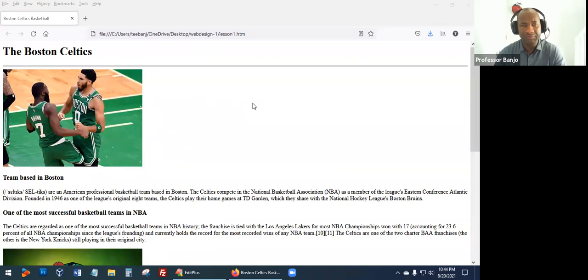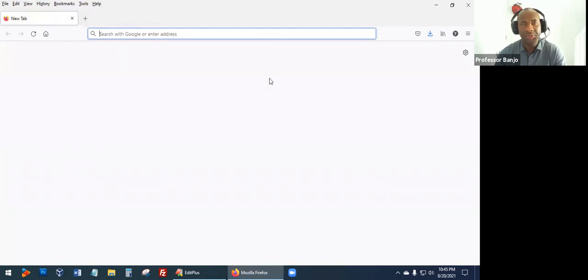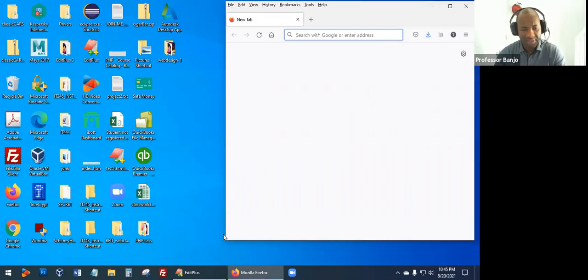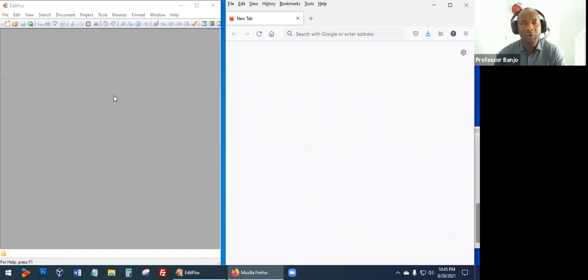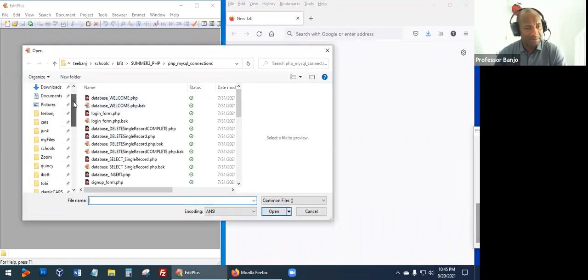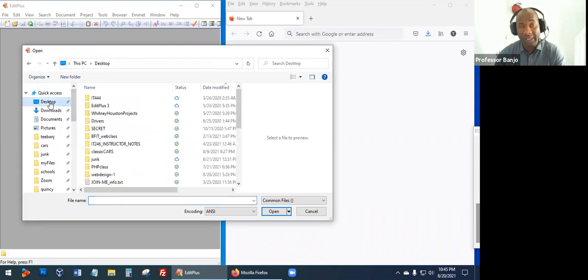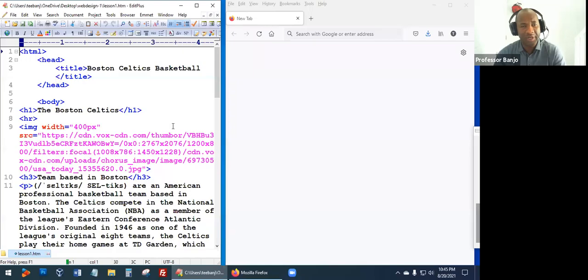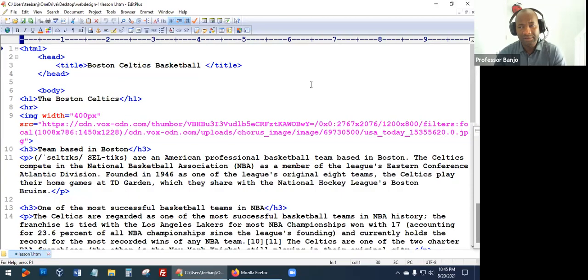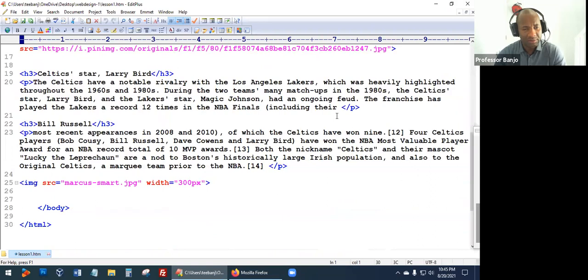So if you don't have your file open, not a problem. I'm just going to close this and show you how we got to where we are, basically. So open up your text editor and look for where you saved your code. So go to Open here and look for where your files were saved. I saved mine on the desktop in a folder called Web Design 1. And that's my file there. So I'm just going to open up that file, and it has everything, all the code we